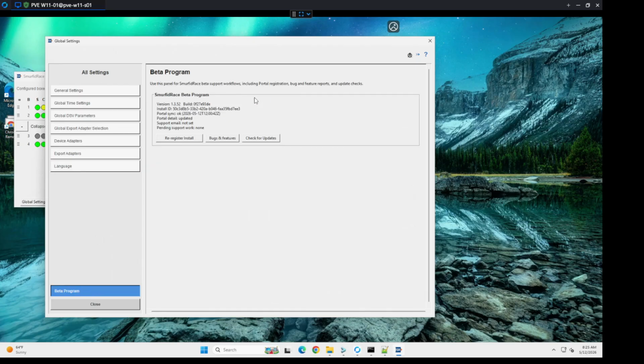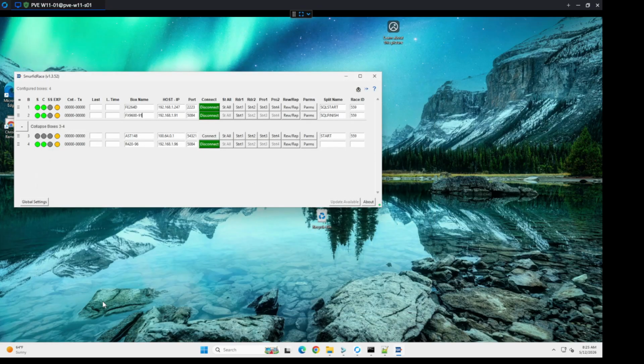Click on beta program. Of course, you know that this is part of the beta. This will go away at some point. Notably, the check for updates feature is what probably is important there. So that is an overview of the global settings